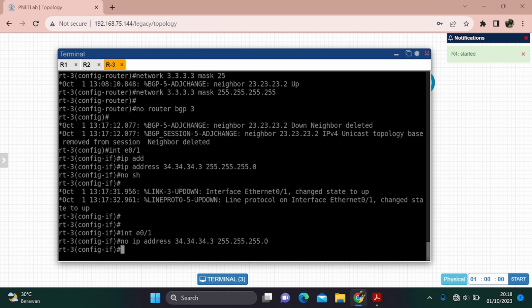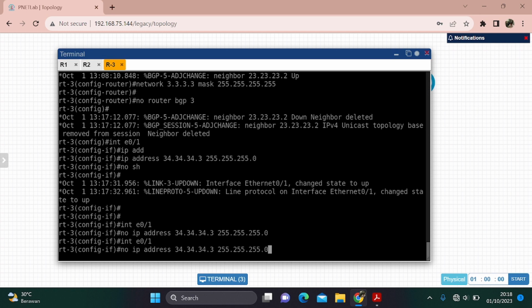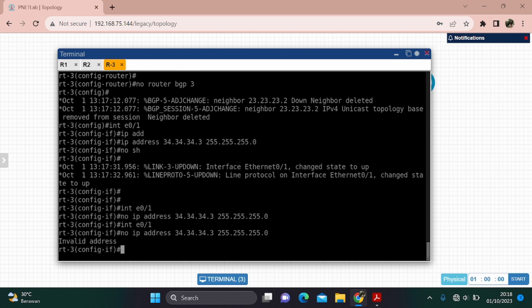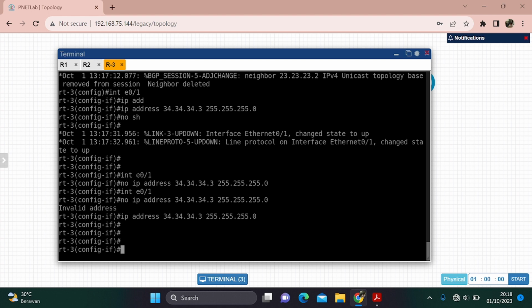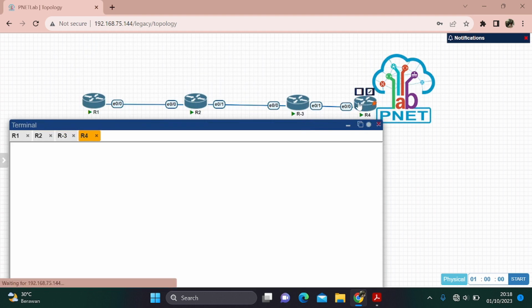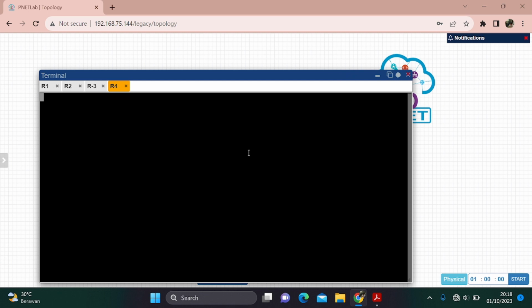It will be deleted again, and then interface. After that, we will configure router 4. Wait a second.